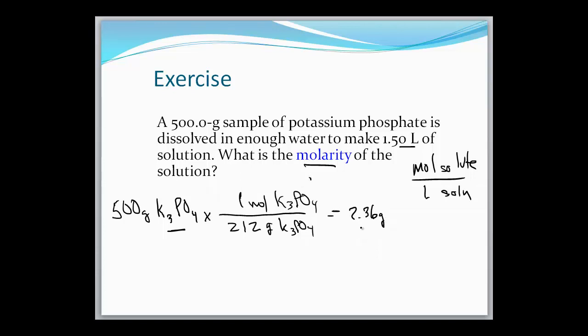moles of our solute. Whoops, I'm sorry, notice the mistake, not grams, moles. That's a good example of why you want to include the units in the problem, because it's easy to make a mistake, and right away I thought that doesn't sound right, so I look back, my grams cancel, and the unit I should have is moles. So we have 2.36 moles. We're going to put that over our 1.5 liters, so when we do the math, the unit will be moles per liter, which is molarity. So finish off the math and we get 1.57 molar